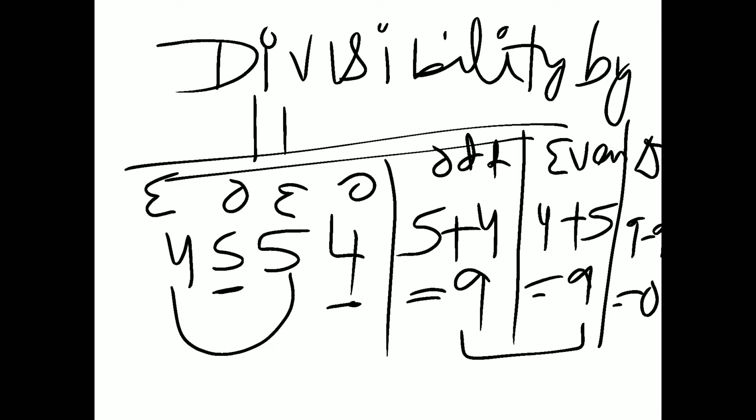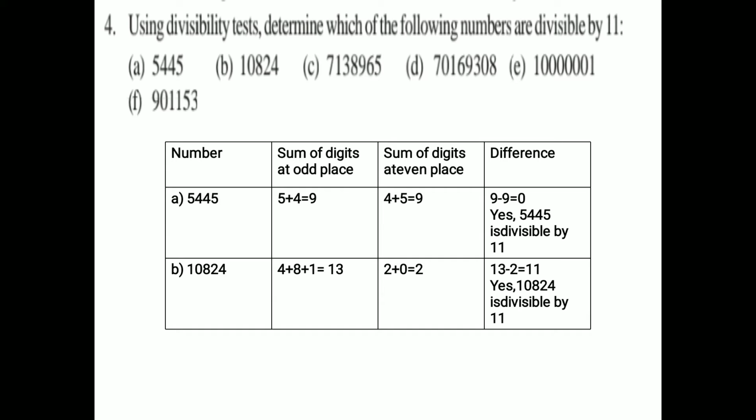It means that 0 is divisible by 11. The number 0 and the numbers which come in the table of 11, all those numbers are divisible. So in this manner you have to check. And at the end you write yes, this number is divisible. Clear? Now on the basis of this rule, we will do question number 4. Question number 4, some parts I do, E and F part you have to do by yourself.